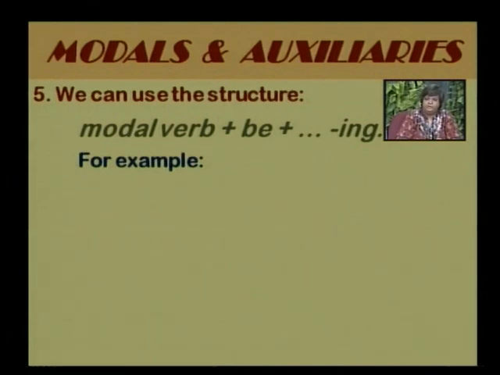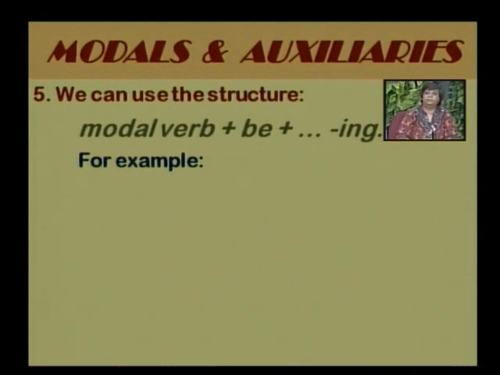Let's come to the fifth rule. Look at your screen. We can use the structure. This structure needs special understanding, friends. Please pay attention. Modal verb plus be. Do you remember the forms of be? Is, am, was, were. I'm just reminding you. Am, is, was, were. So any form of be can come there. Modal verb plus be plus the dots, which suggest the main verb, and of course you have the ing,